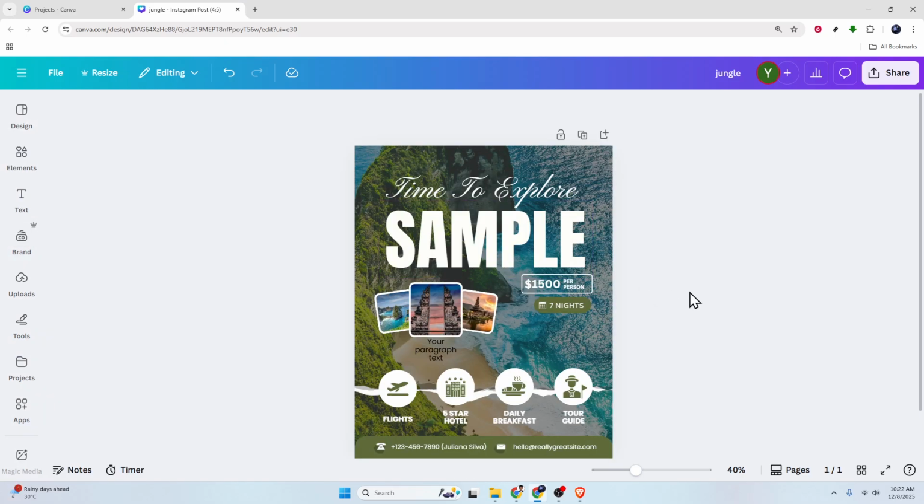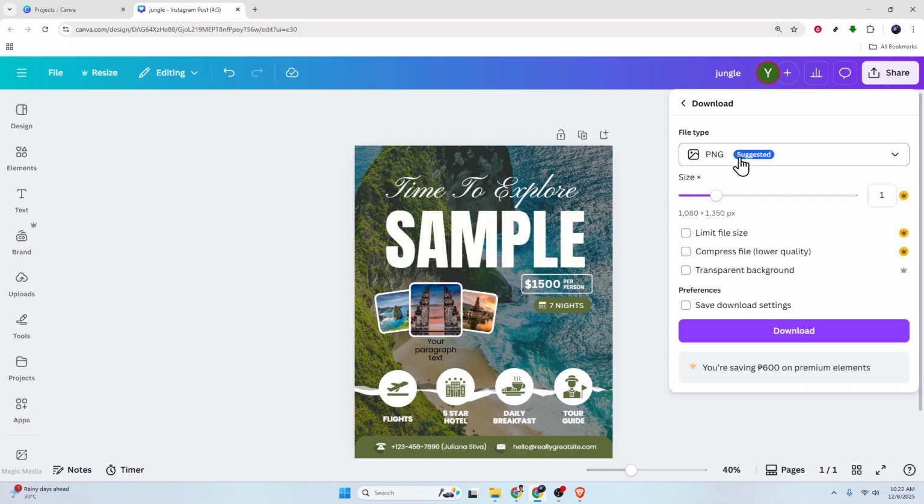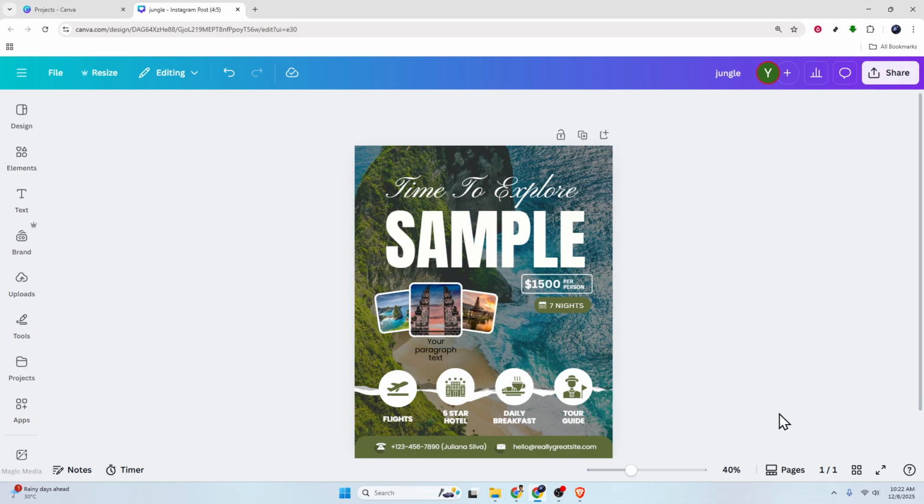Once everything feels polished, click Share, then Download, and choose PNG for online sharing or PDF print for high-quality printing. Your poster is now ready to publish, print, or promote. This approach helps you create clean, organized, and professional posters suitable for any event or promotion. It keeps your poster clear, good,